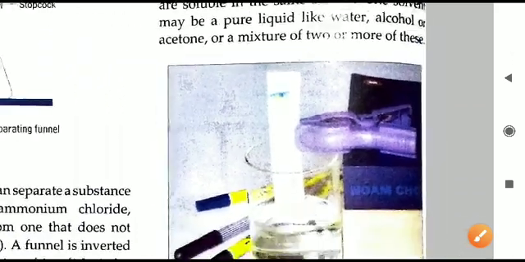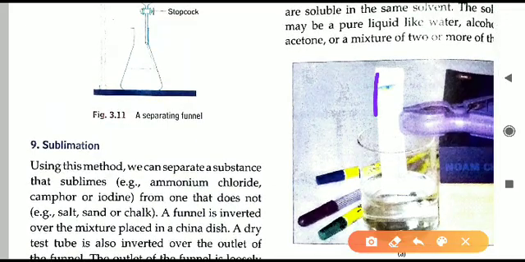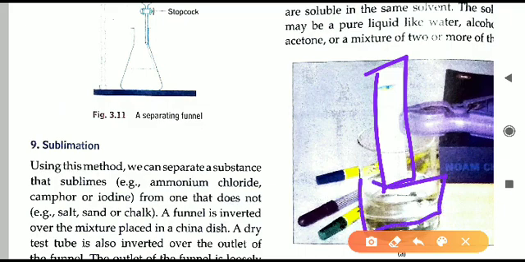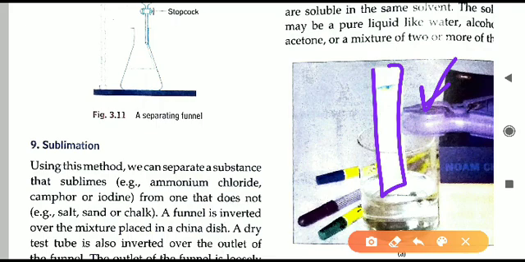Let us understand this process. Here is a photograph of the process. You can see here we are taking a special type of paper. This paper is called chromatographic paper. This paper is dipped into the solution, whatever solution we have to separate into its components. Here you can see we have placed the paper using the paper clip. Using this clip we are holding the paper so that it does not fall down, and it is kept in the beaker. The mixture inside the beaker will get absorbed by this paper, and this water, or not exactly water, this mixture will move upwards.